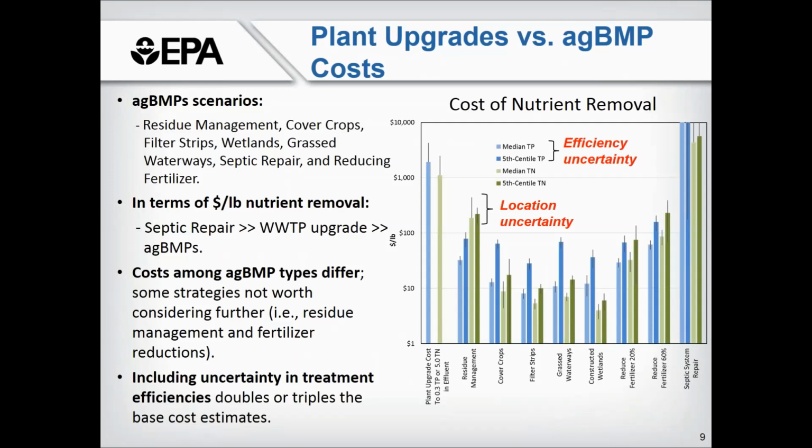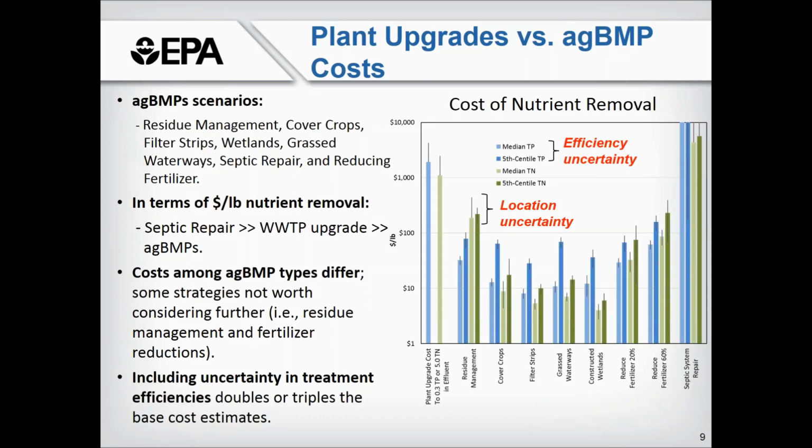So now let's have a look at the unit cost differences for nutrient removal among the management options. We considered residue management, cover crops, filter strips, wetlands, grass waterways, reducing fertilizers, and septic system repairs, and all in comparison to wastewater treatment plant upgrades. I don't have time to fully explain the bar graph shown here, but I wanted to include it to give